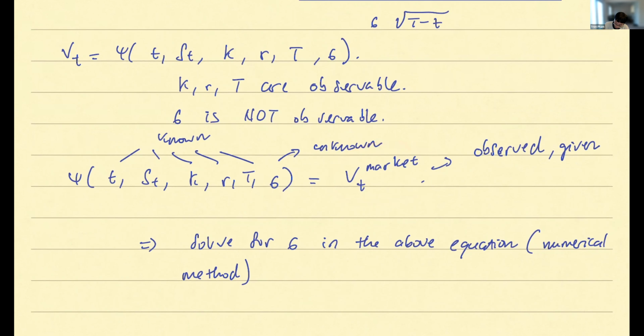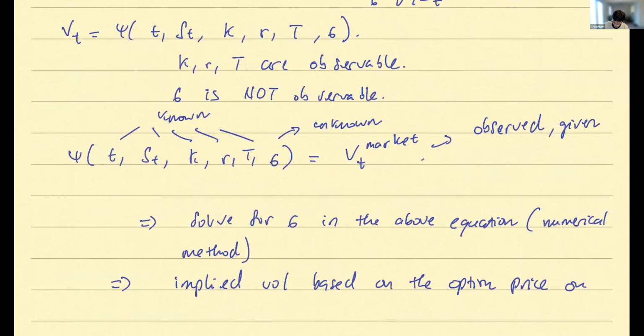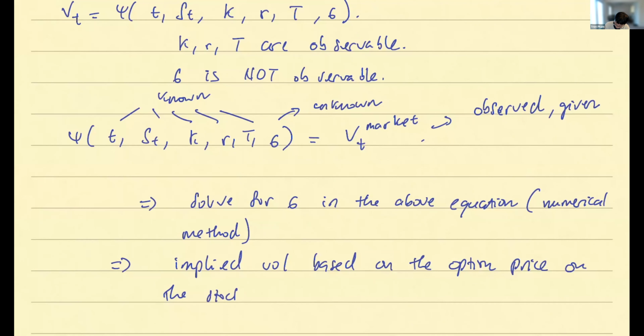So in other words, you have found the implied volatility based on the option price on the stock of the company. And this is, again, a highly valuable piece of information because, and again, papers have been written about it as well. In other words,